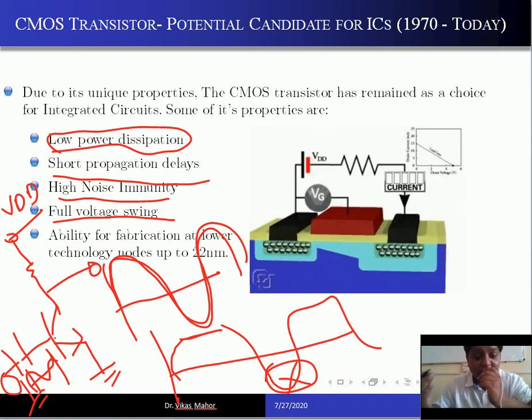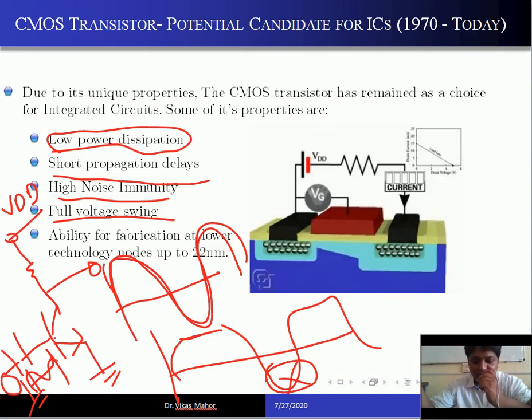This you might have also seen in your electronic labs in your second year. Fine. So with a BJT or with any other transistors, the output voltage is not a full swing. It does not have a full swing. But in case of CMOS, there is no such thing. We'll see in next slides why the CMOS supports full voltage swing. The exact voltage which you are applying, the same voltage swing will be available at the output.